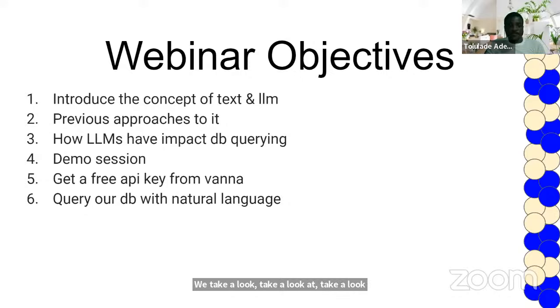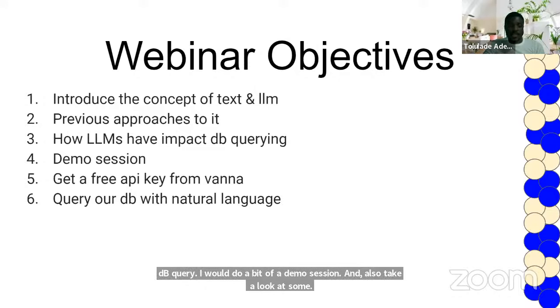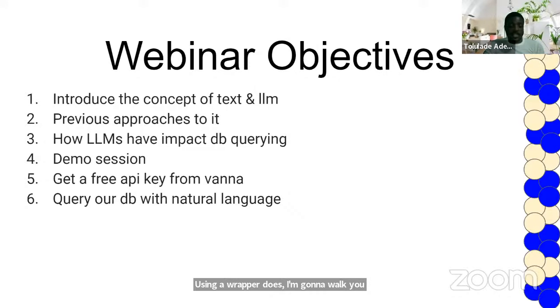We'll take a look at how LLMs have impact in the DB query. We'll do a bit of a demo session, and also we'll take a look at using a wrapper. That's the Vana wrapper. I'm going to walk you through how you can get your API key and do some queries.